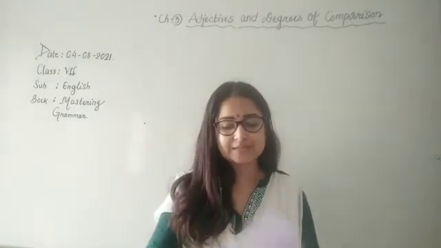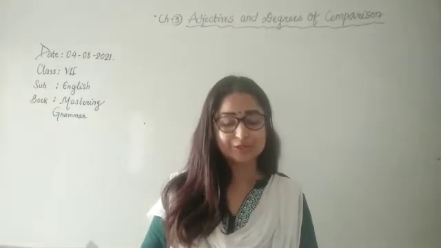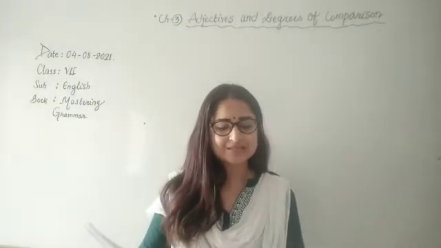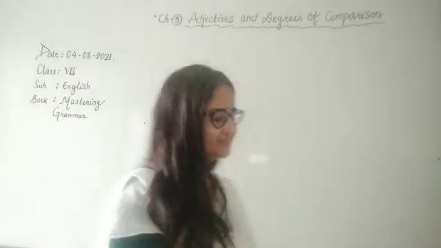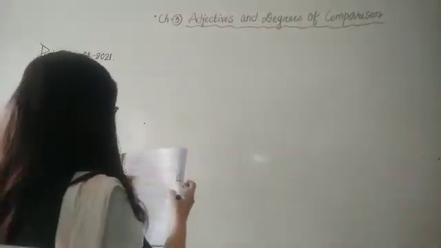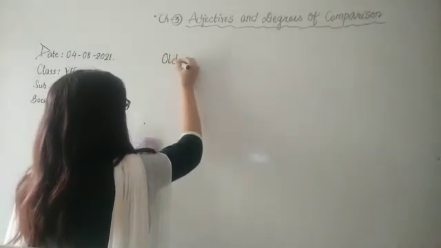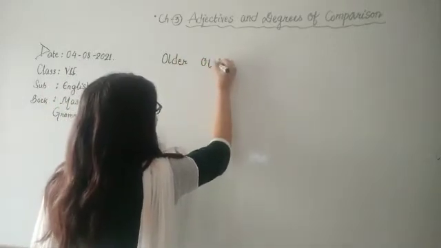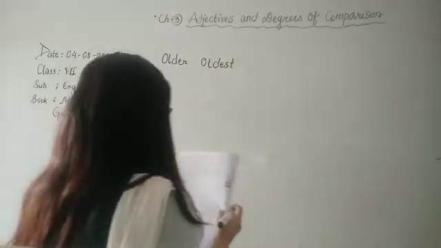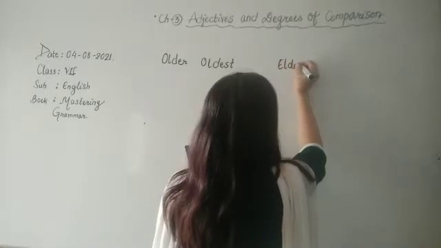Now children, for today's lesson we will be continuing from page 28 and we are going to learn the use of older, oldest, elder, eldest. Okay children, so let's get started. So the first set of words that we often confuse: older, oldest. One is a comparative form, another is superlative form, and the next pair of words we have elder and eldest.